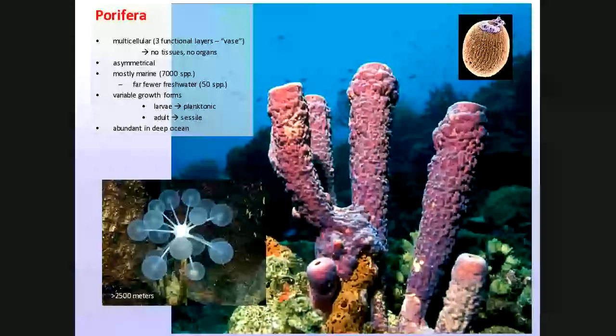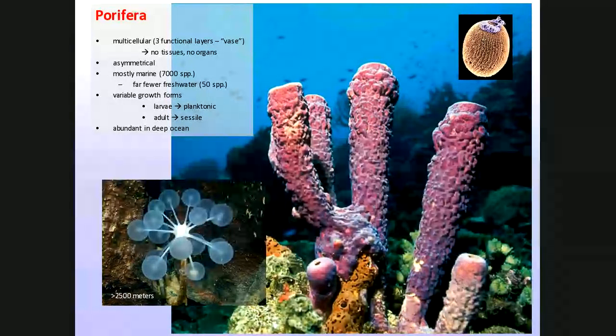Plankton is to float. The other word in marine science is nekton, or nektonic. Nektonic is to swim. So fish are nektonic, and these things are planktonic. They float, right? Make sense? And then these larval forms that are planktonic drift with the currents and then eventually settle down into an adult. So that's how dispersal happens.